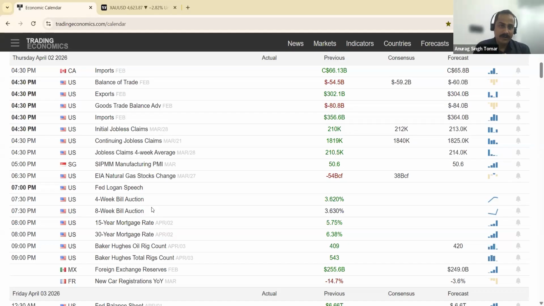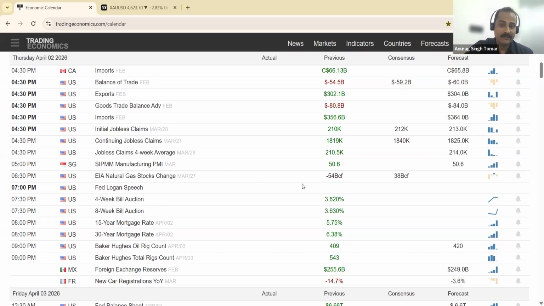Now, the point is in which economy they are going to park it right now. The US, right? Because right now, a lot of people still believe that the US is the kingpin of oil and the world. So this is going to be confirmed. Then we have the EIA natural gas stock change. This will have an impact on natural gas prices, although they are showing that they might fall down, right? So this is the data.